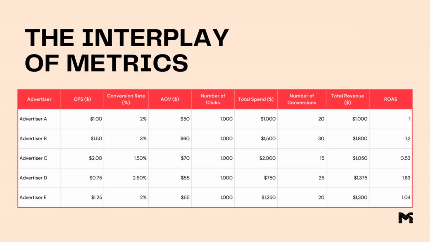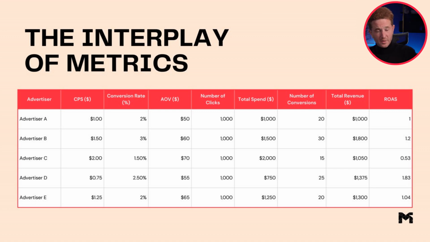So we talked about break-even CPA. We talked about these 3 metrics. Now look at this chart. It's very interesting. I want to show you a couple things. Over here on the left side column, you have just example advertisers, five random people. And look at some of these metrics. We have CPS, cost per session, or this could be cost per click, because getting somebody to your site is not only done through digital advertising. It can be done through an email campaign. It can be done through an organic post. It can be done through an influencer. Okay, cost per session, how much you've invested in every website visit. Your conversion rate, average order value, and then we get your number of clicks.